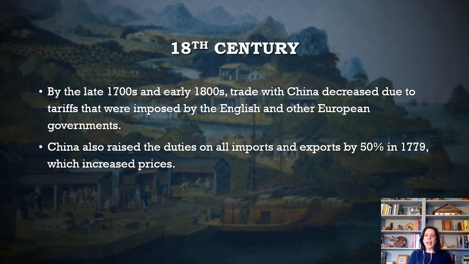So by the 18th century, this would have been the late 18th, so late 1700s, early 1800s, we start to see a decrease with China. And this was due in large part to England and other European governments saying, hey, you know what? We have our own porcelain companies. Like, we need to up the ante. We need to do better and really drive buyers to our companies. And this is where you really start seeing investments by government in all of these companies. So some were flat out state run, other were private porcelain making companies that received some additional funding from the